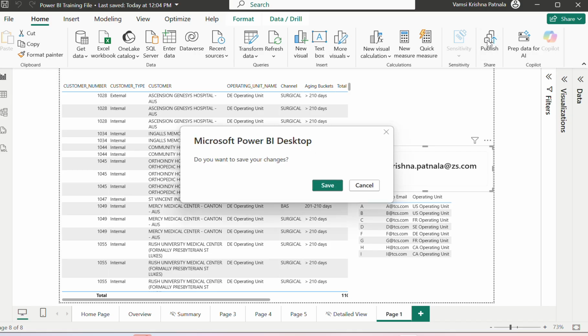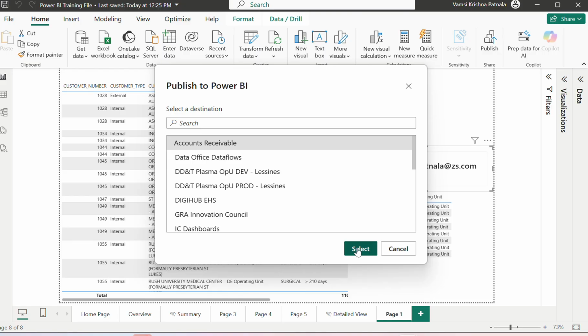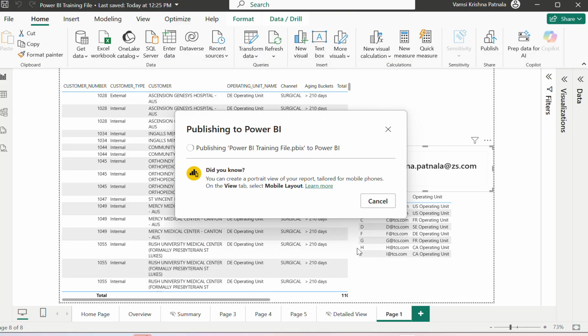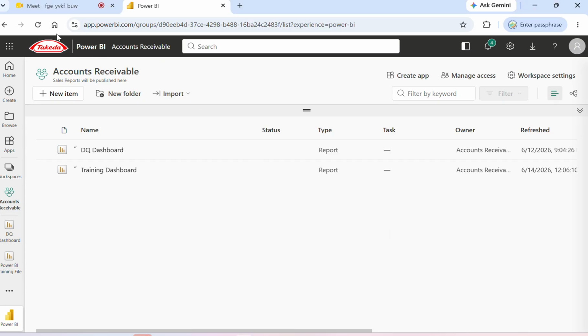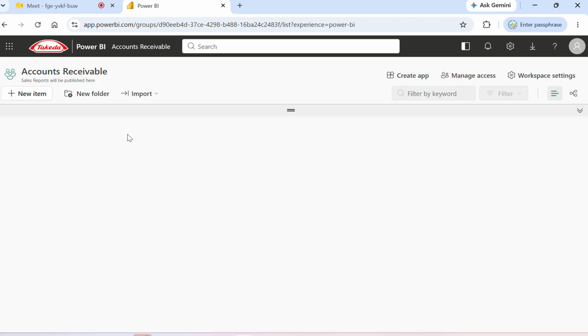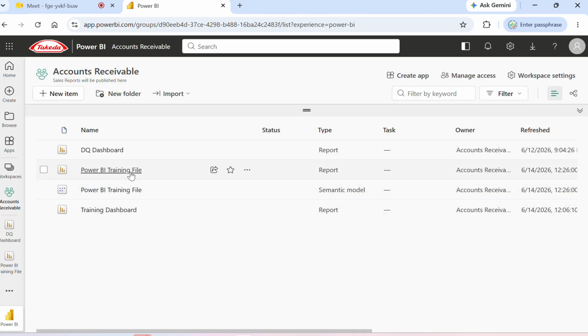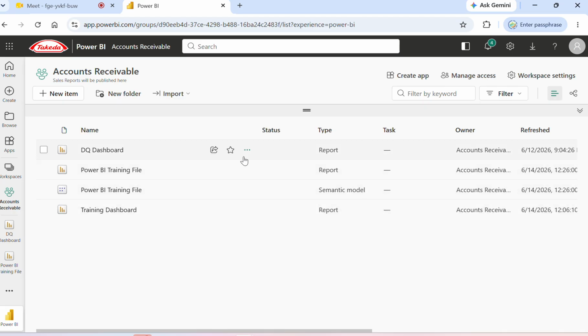So I'll publish this report into the new workspace which I created now, accounts receivable, and select. So that the semantic model also will come here only. Okay, now it's published successfully. Now let me refresh this page. Yeah, now it has come, right? This is the one which just now I published, 1226. See, 1226. So if we want to schedule a refresh for this one,